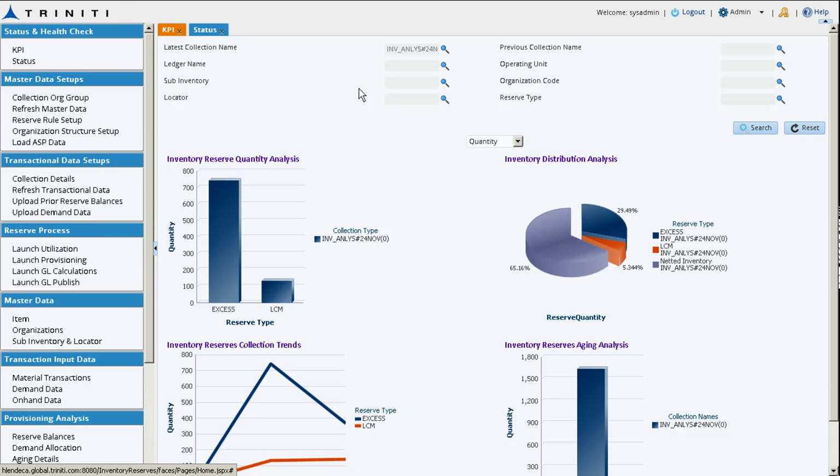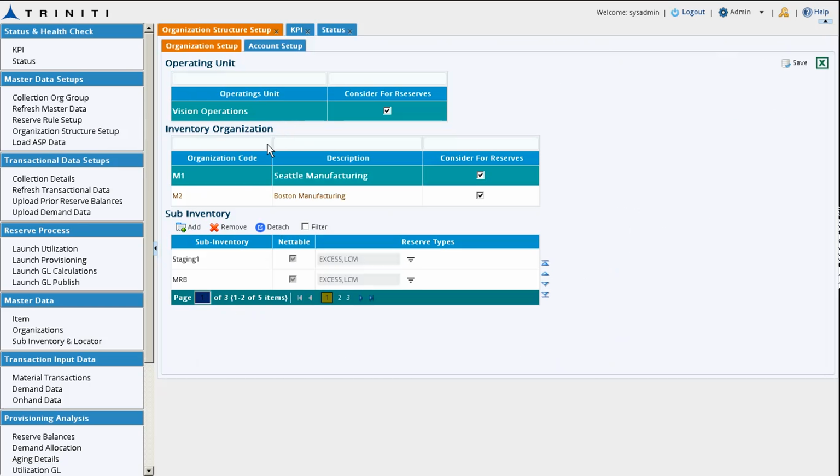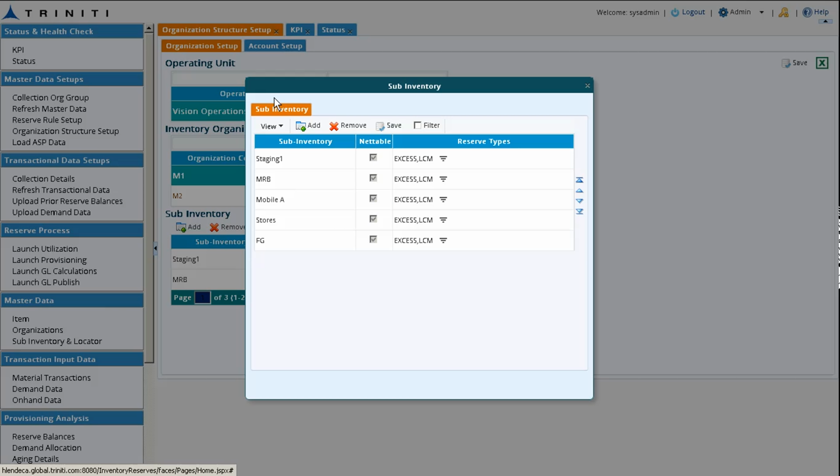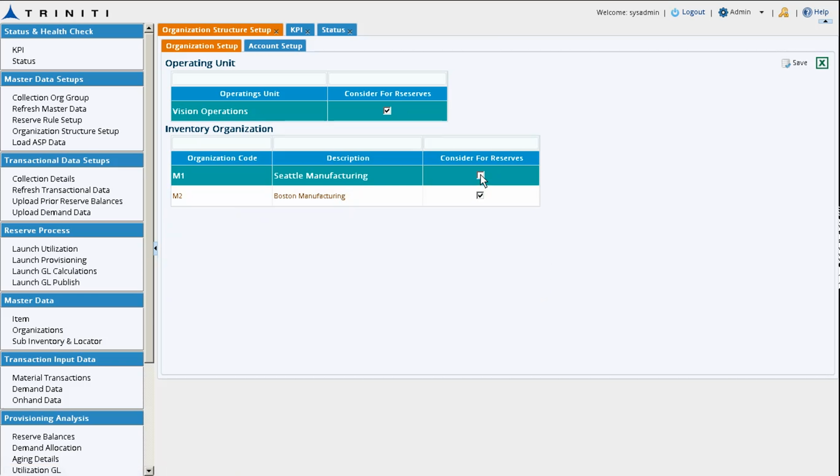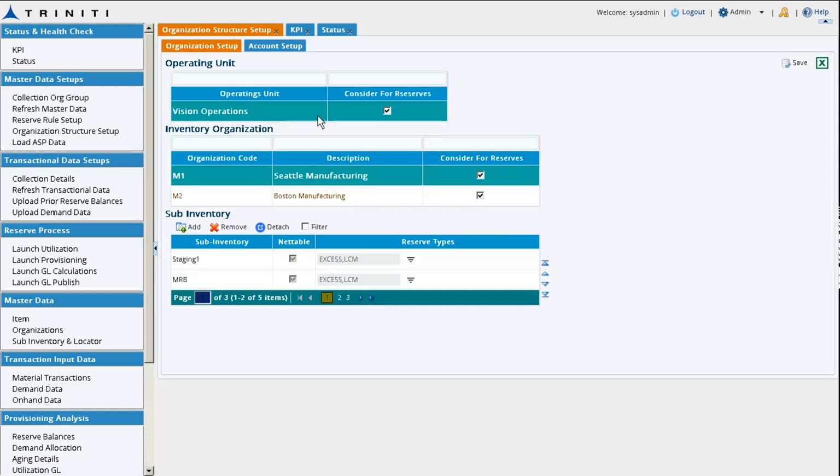iReserves Organization Setup page facilitates defining the orgs and corresponding sub-inventories enabled for the reserve calculations. These are the sub-inventories enabled for the M1 org and corresponding reserve types for each sub-inventory. Add and remove options are also provided. Reserve calculations can be disabled at org level, and if multiple operating units are present, then